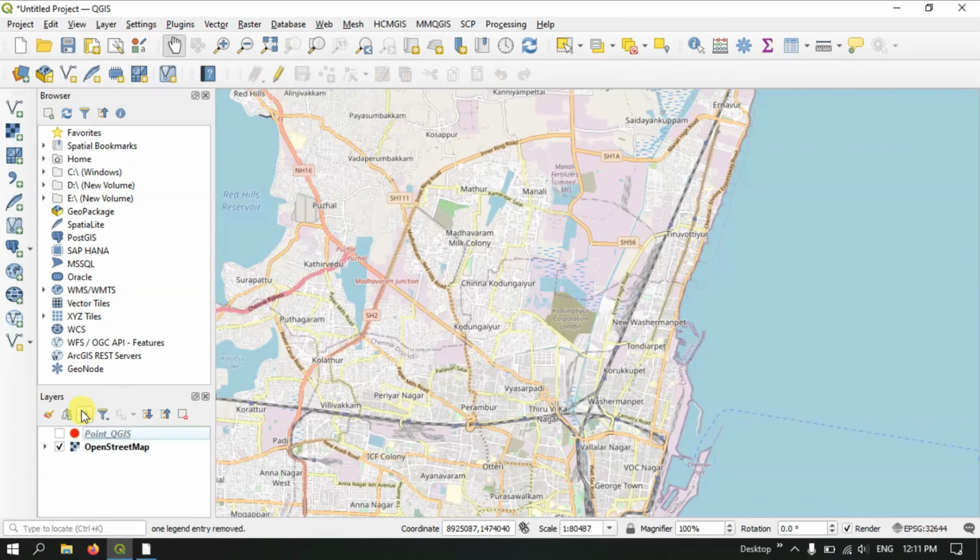So, in the previous video, we have seen how to create point data in QGIS. Now, let us see how to create line data in QGIS. So, let me first add the line